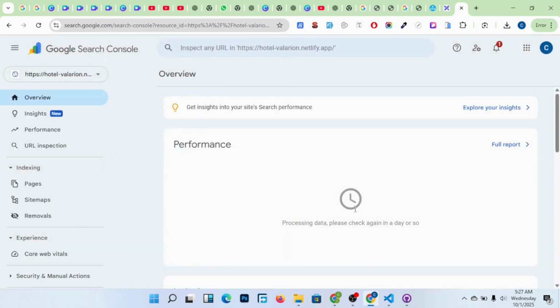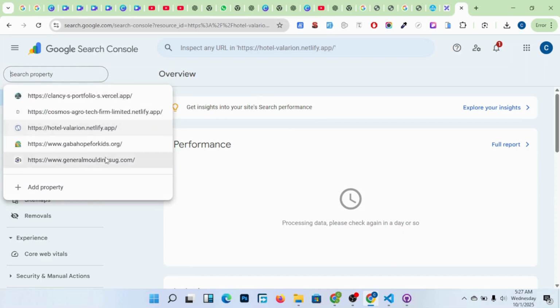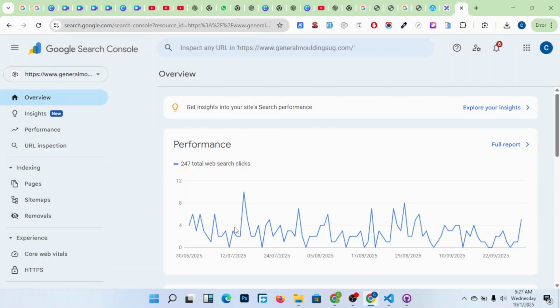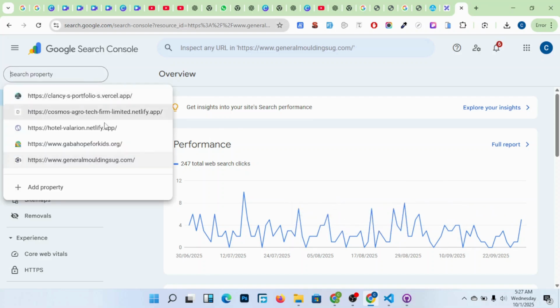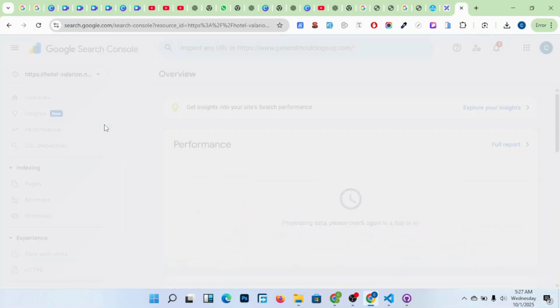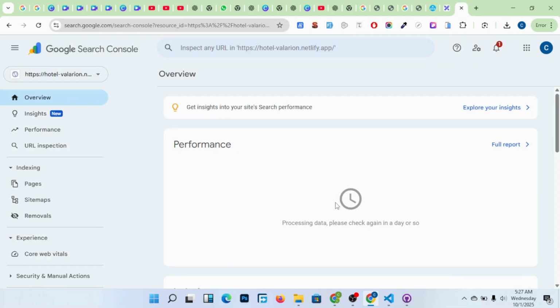This is going to enable us to see the site performance of our website, and you can even see my other websites here. It shows the performance of how they are operating. I can even know the number of clicks on those websites, the number of people who have clicked on the website, and the general website performance. But when I come here, since this is a new website, it will not show any performance. So we need to wait a